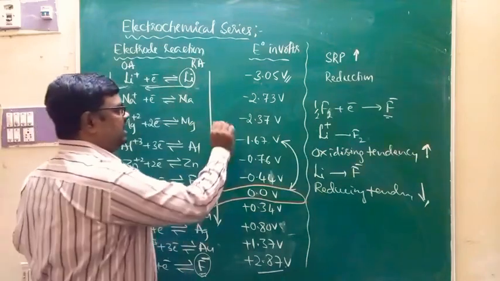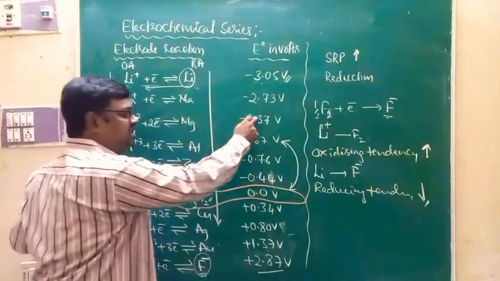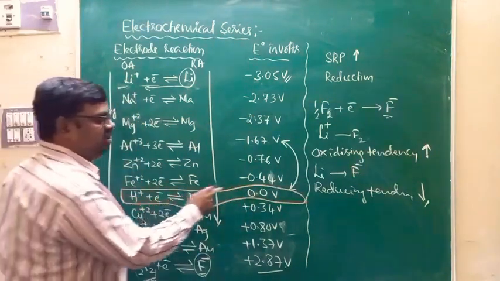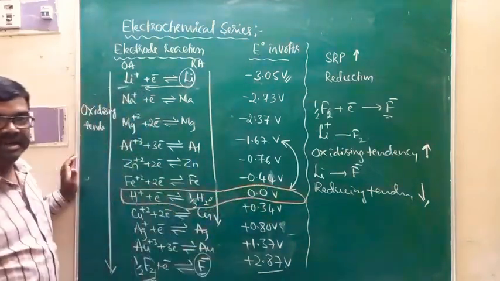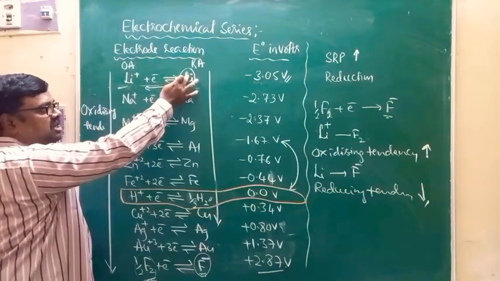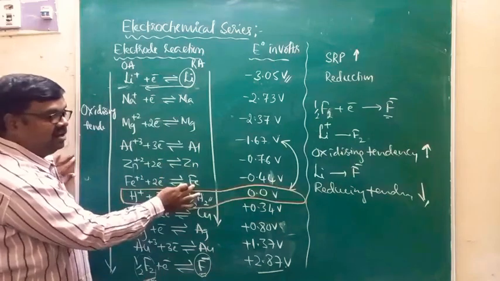Again, if I connect magnesium and a hydrogen electrode, H plus has a high tendency to undergo reduction, and with magnesium also hydrogen gas is liberated. Therefore, the metals above hydrogen in the electrochemical series, lithium, sodium, magnesium, aluminum, zinc and iron,